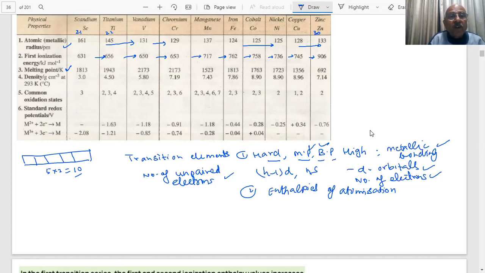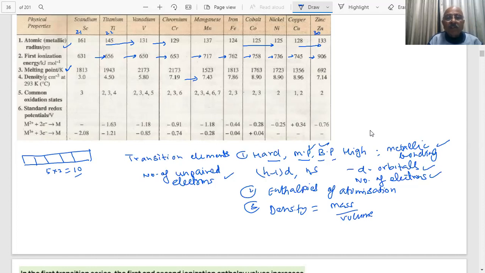Okay, so here we see, what is happening to the density, student? Density is increasing, so as you are going, the densities are increasing. Density depends on the mass per unit volume. The reason is that in the transition metals, mass is increasing more as compared to the volume. So due to the larger increase in mass, you will see the density increases as you are going down the group. There's an increase in density.